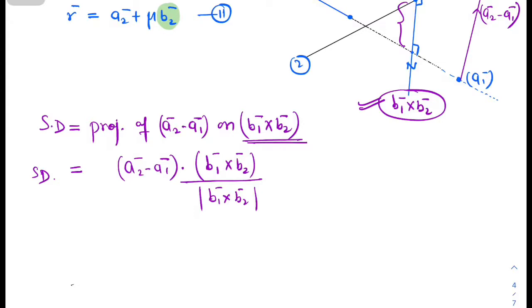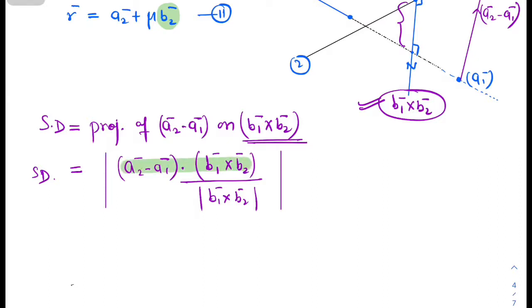Okay, again I can say that we take the modulus. Because the dot product, here we are taking the dot product, it can be negative but distance cannot be negative. So in order to correct that, we will take the absolute value. One thing you can again observe,